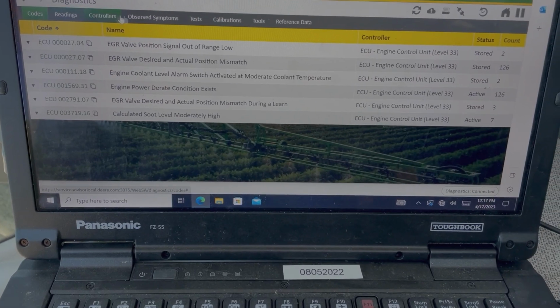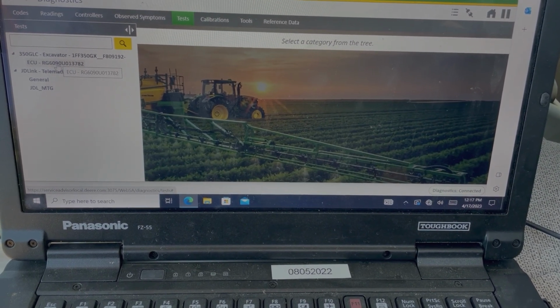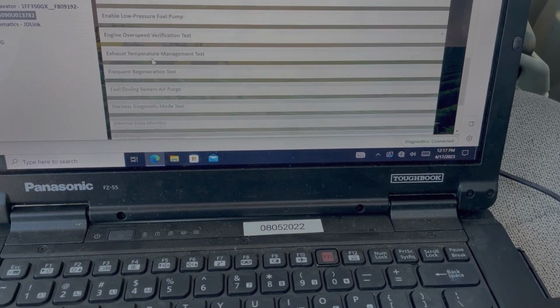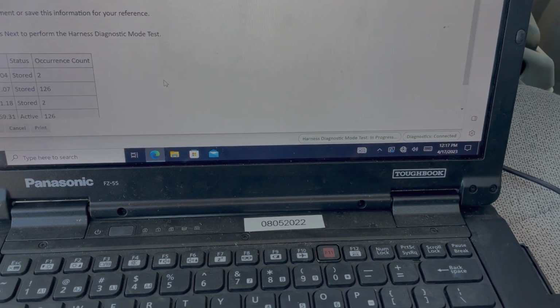Okay, so we're reconnected here. We go into tests, and then you gotta click right here. That's the serial number for the machine, or for the engine, and then it's in alphabetical order, so harness mode test should be right here. Harness diagnostic mode tests. Click on that,